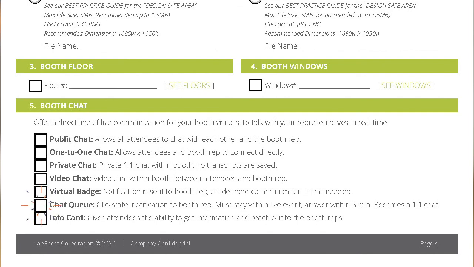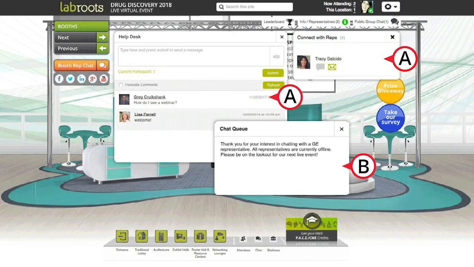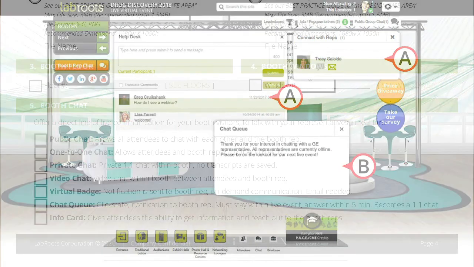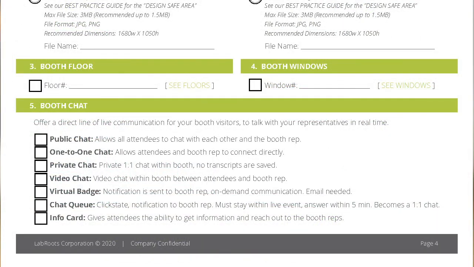A chat queue is helpful if you do have a live virtual booth representative on the live event date. When the attendee clicks on the chat queue, they will be added to the queue of waiting attendees in the virtual booth representative dashboard, where a representative will be able to see who is waiting to chat and from there engage in a chat with an attendee. And lastly is the info card. This is a cool feature which allows attendees to see more information on the representative who they might be chatting with. This information can be helpful to an attendee if they have a specific question or inquiry and can contact